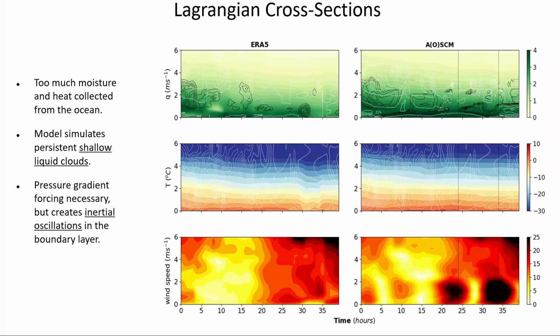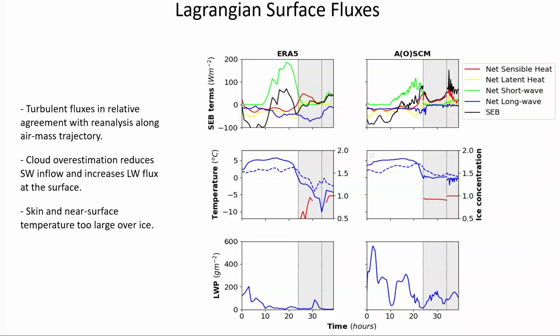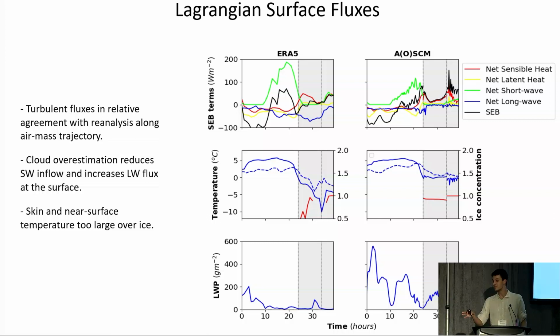And what is even more annoying is what's happening with the winds: when we're not nudging them to the reference profiles, we're getting these inertial oscillations that you get in single column models when you don't have advection and you're trying to force with pressure gradient. So this is something that we're still trying to figure out, how it's affecting our results and how to actually mend and mitigate. Regarding the surface, these are the turbulent fluxes, on the right and the left. I think they tell the same story in our simulations and the ERA5